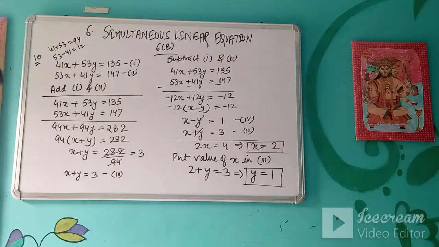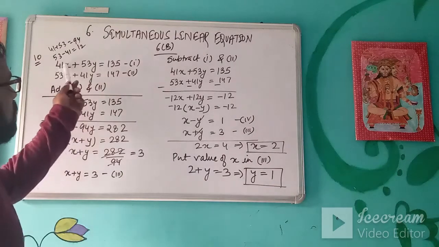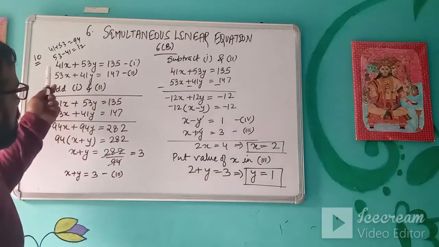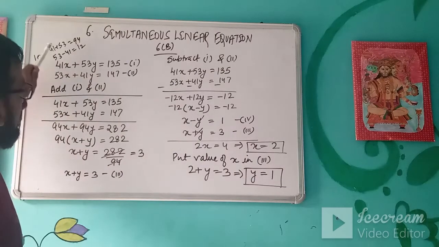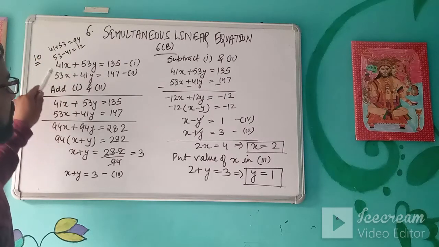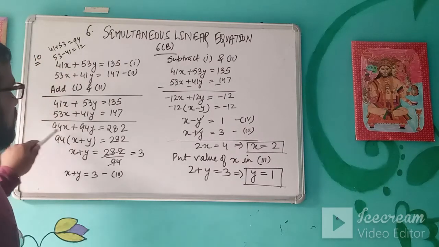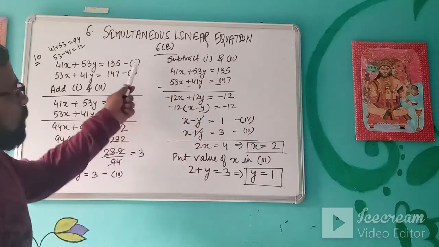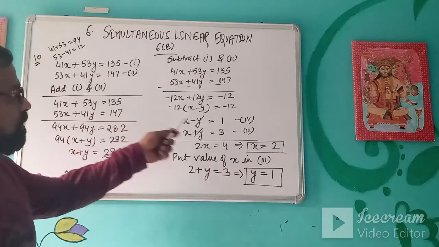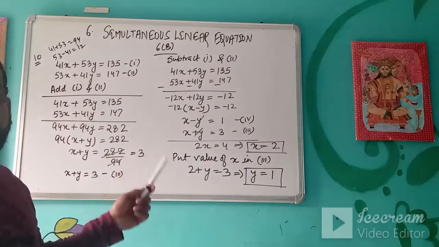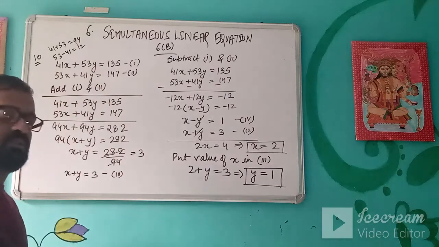So in these types of equations, wherever the coefficients are very lengthy and their LCM will be very lengthy, or second thing is, if the addition of the coefficients and subtraction of the coefficients is giving the same result. Here it is giving 94 and 94, and here it is giving 12 and 12. So you can first add, afterwards you can then subtract. After doing this, you will get relatively easier equations than the given equations.